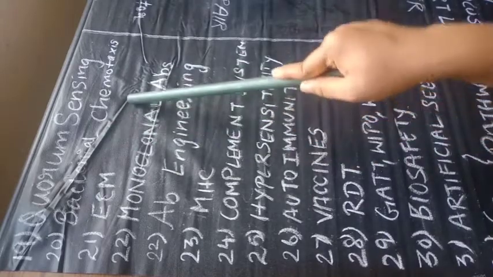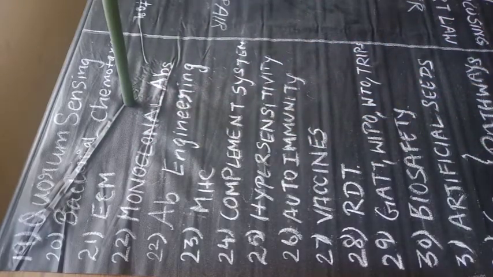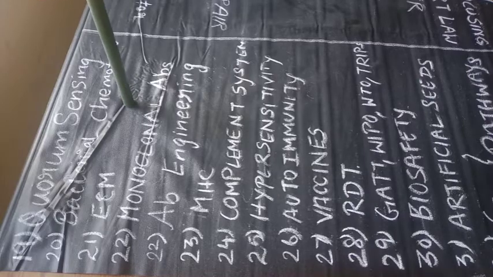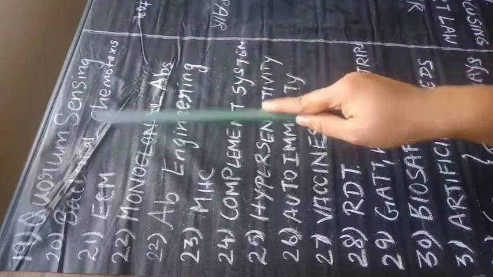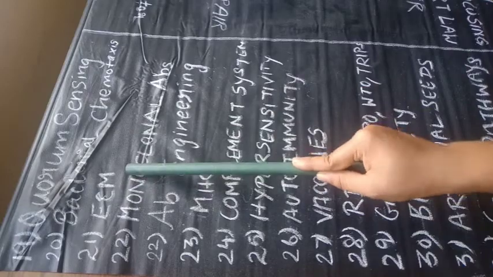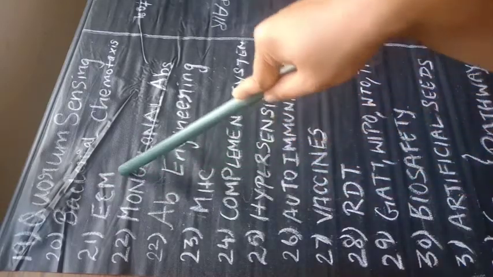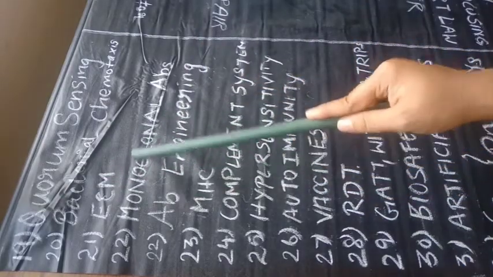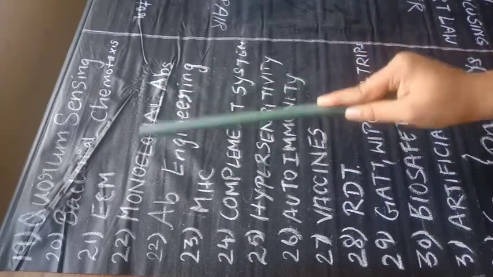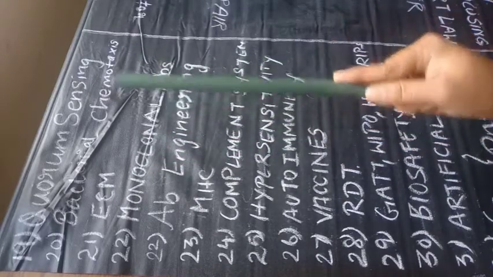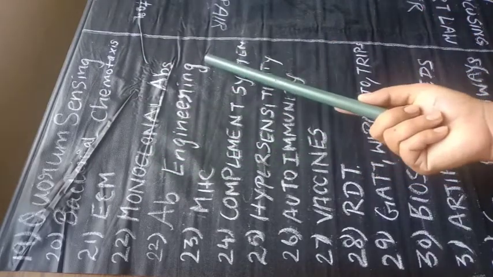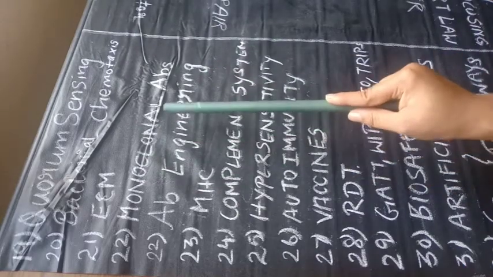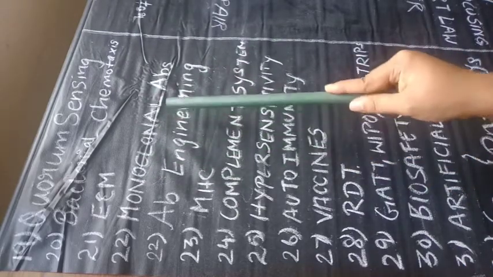So for these things and all, you can either refer to the internet so that you will get the best references, or else you can go for referring to papers. Okay, next thing is the extracellular matrix. Okay, for this you can refer to Pranav Kumar sir's book itself. Next thing is the monoclonal antibody. What is meant by monoclonal antibody, and how it is different from polyclonal antibody, and how monoclonal antibody is produced, like your hybridoma technology.